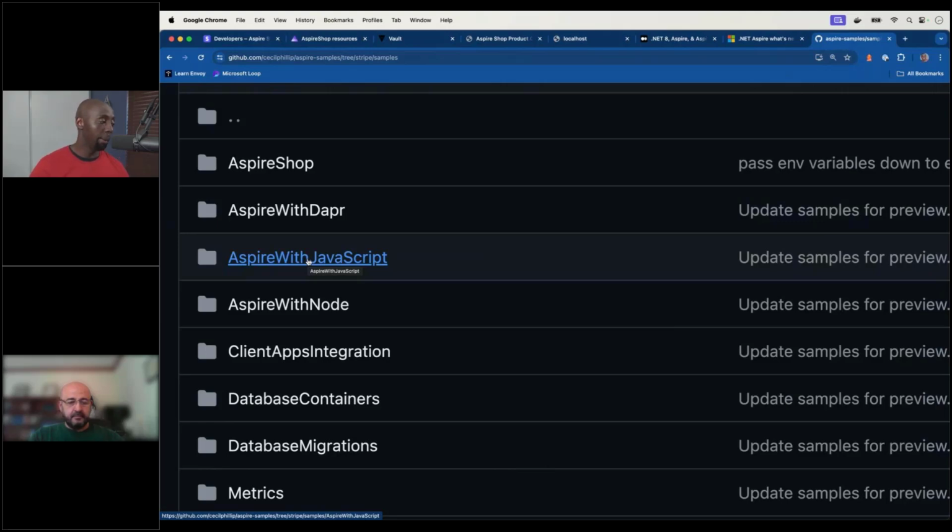But I think the main thing there for me is that it does not have to be a part of your solution file, which is great if you're doing things in a monorepo. A lot of folks like working in monorepos. If you're working in a monorepo or just a bunch of different repos, you want to clone them down on your machine and do stuff, all you really need is a file path. Right? Give me the path to where this project is, and then Aspire can orchestrate that for you, whether it's a .NET project or not.